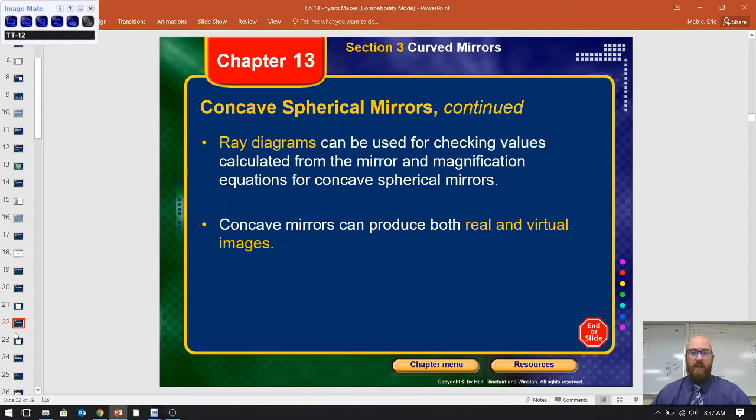Short version, a ray diagram is basically a way to check your calculations. We're going to spend a little bit of time on it. The idea is very simple. Actual practice is not, I'll be forthright. It's going to take a little bit of practice. I'm going to give you step-by-step instructions. In fact, they're attached to the